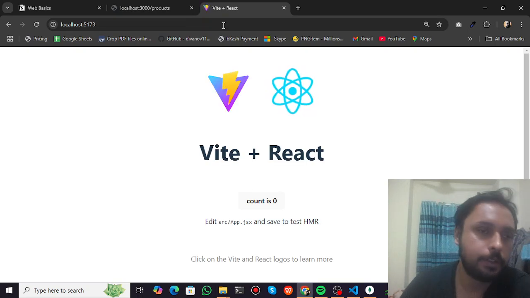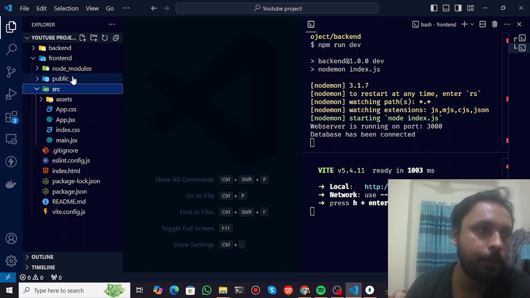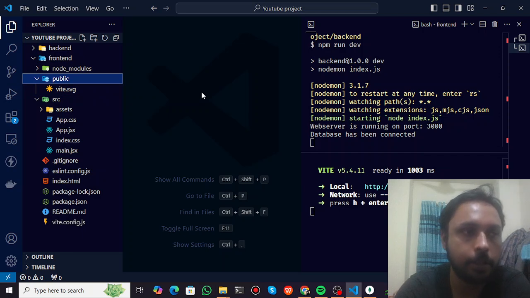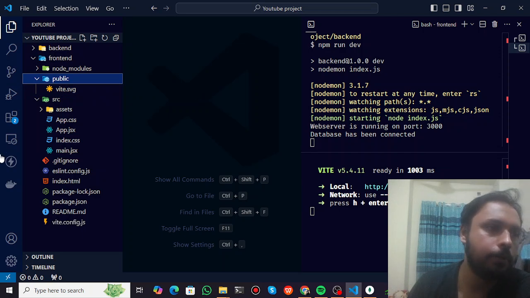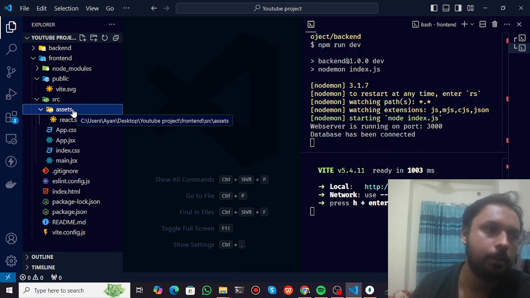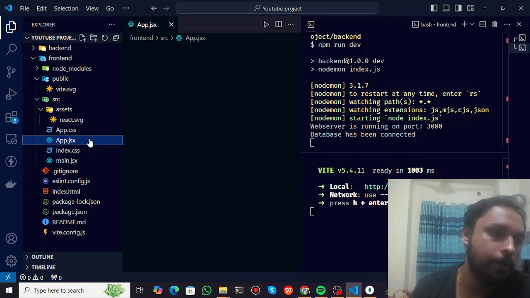Okay, so let me just introduce you to the file structure here. We have the source folder here. We have the public folder here for keeping your public assets like your images, and we also have an assets folder in the source. You can keep your images here, maybe your CSS files, or other assets like SVG or PNG or something like that. But the main thing here is this App.jsx,